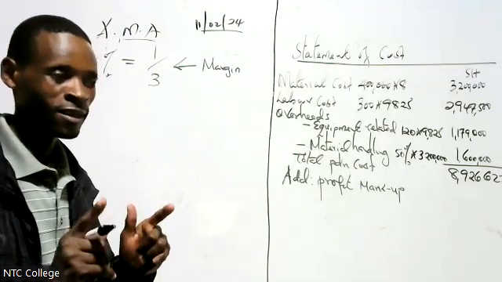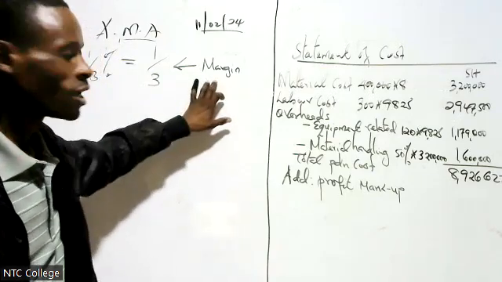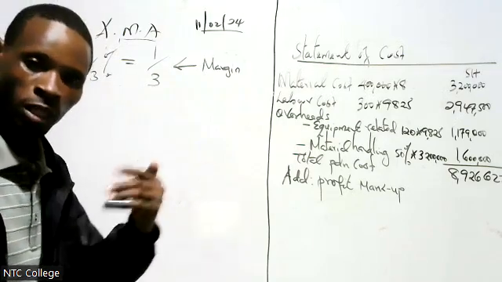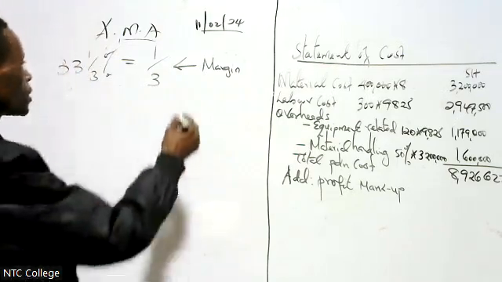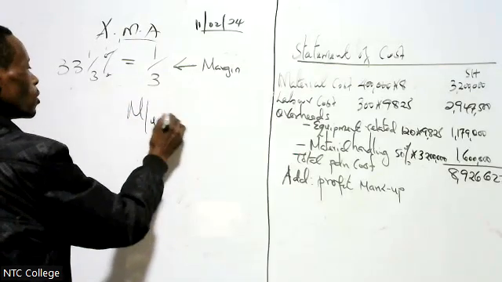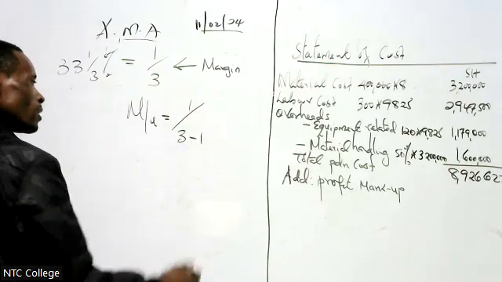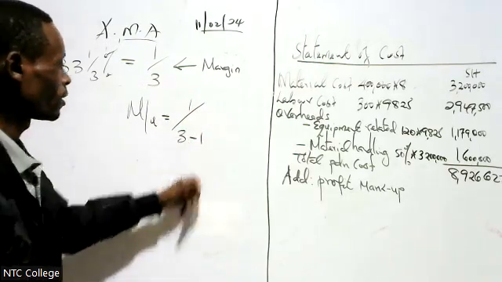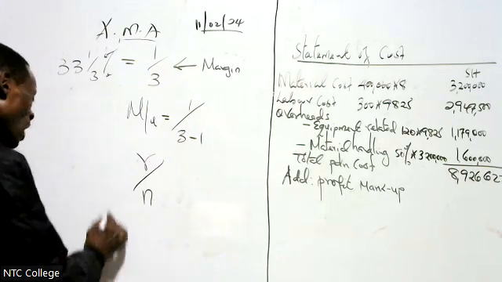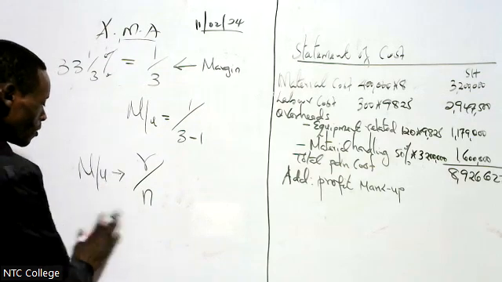Are we together? Given the margin, and we know margin is more than 100%, so to come back to 100%, you deduct. How? This is margin, so markup will be equal to 1 out of 3 minus the numerator from the denominator. So at any point, when you are given R over N, margin, given this is markup, for example, again, that's